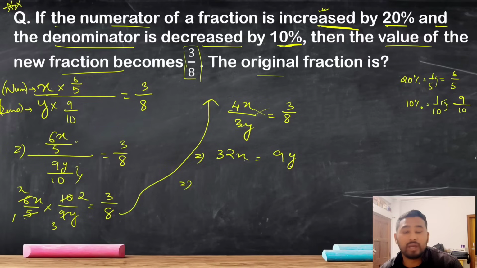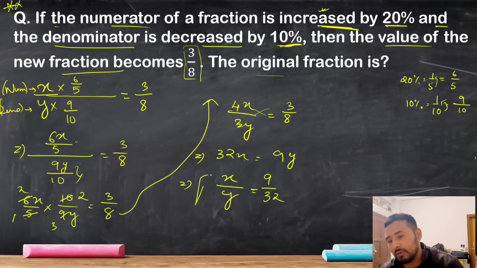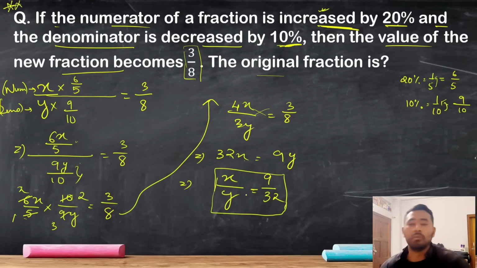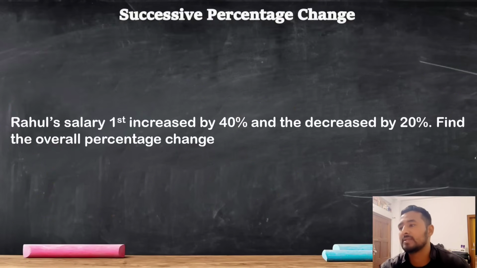See, we need X and Y, right? X by Y. So can you rewrite X, bring this Y down. Okay. Now this 32 will go down. 9 will remain at the same place. 9 by 32. So this will be our original fraction. If you are not getting any of the sums, you can just rewatch it, so that you will get the total, or you will get the concept, okay, the perfect concept, okay. Rewatch it. Let's go to next.